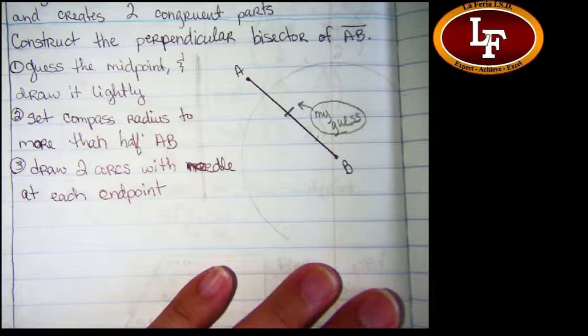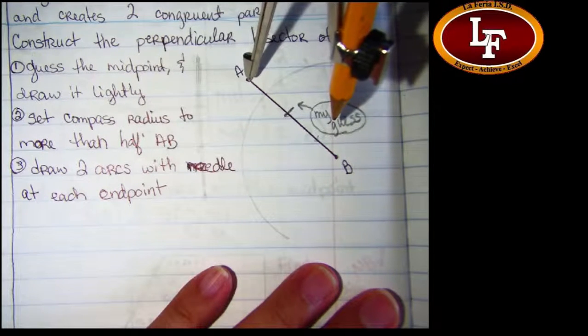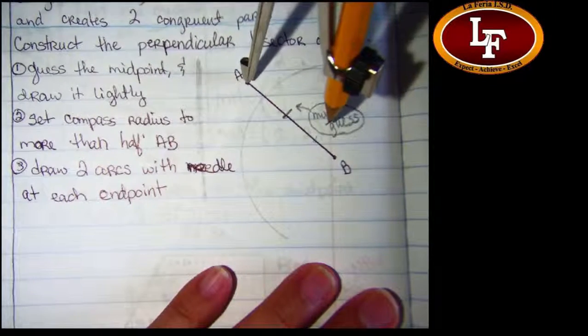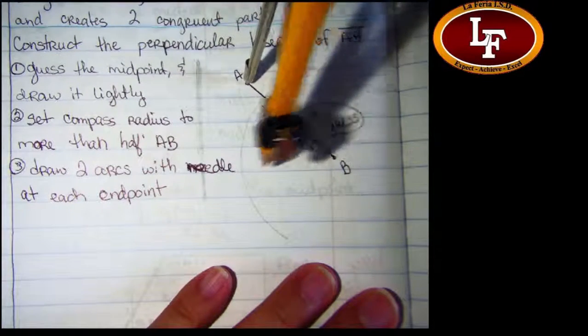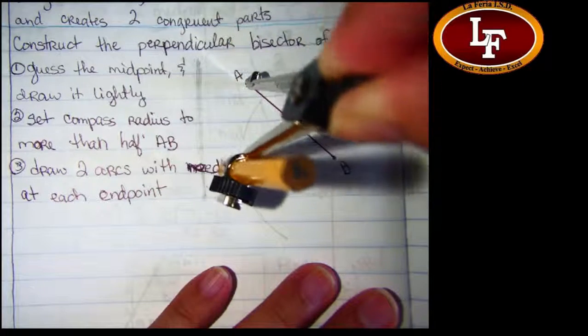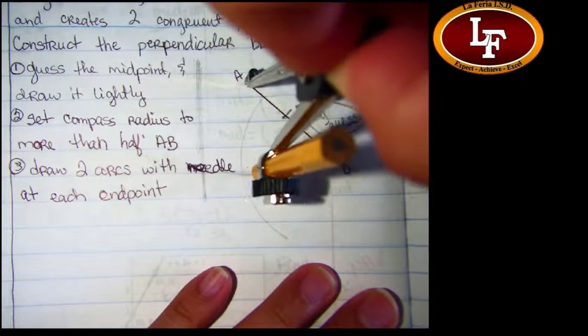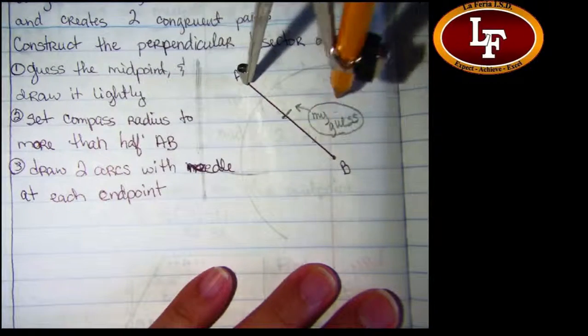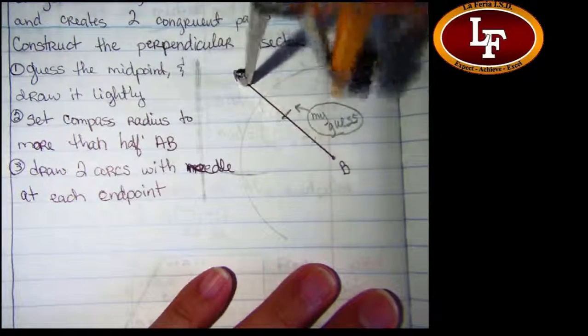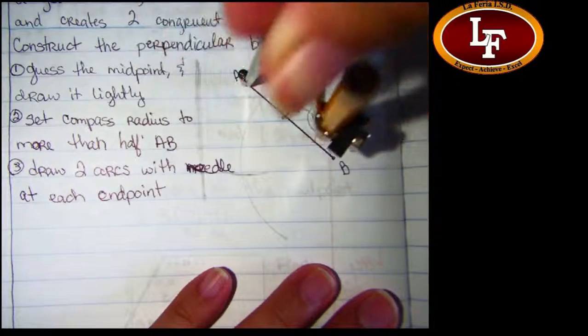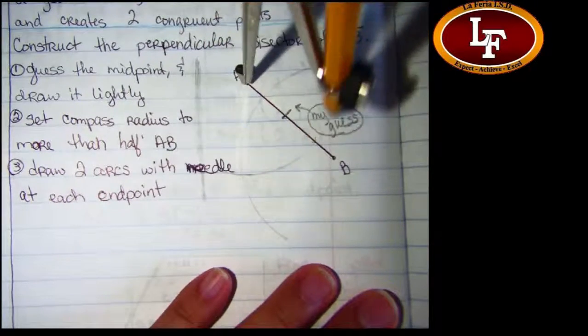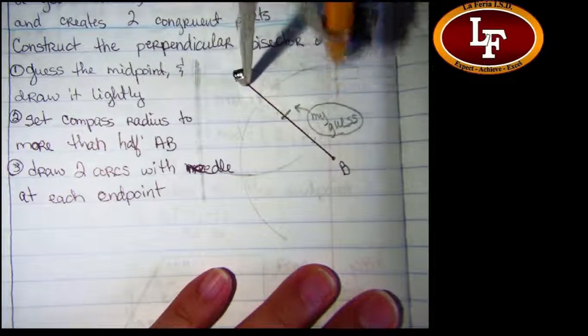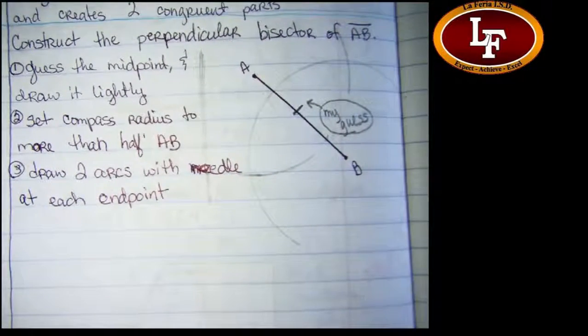Now you suddenly go, oh, I know why she made me draw 10 circles in a row, because we had this coming up. Without moving my compass radius, I'm going to put my needle at the other one. And now for the second arc, I don't need to make it as big, but it's super important that I find out where it intersects that first arc that I drew. So really, I'm interested in that spot and this spot. So if you don't want to, you don't have to draw the entire arc. You can break it a little bit if you want. We're just really interested in where those intersect.